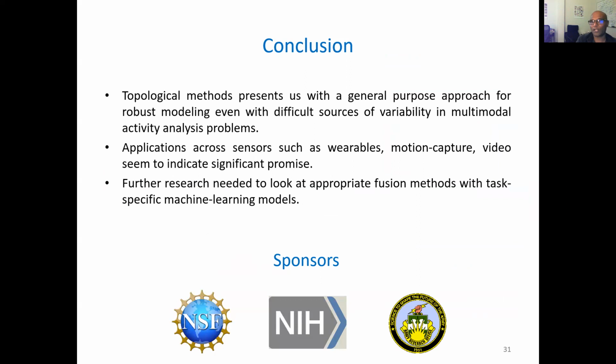So in conclusion, what we are doing is thinking of topological methods as applied to video and human activity as a way to provide robustness to confounding variables like viewpoint changes and measurement variability associated with things like where in the body you attach the sensor. The entry point is to think of human activity as a dynamical process from which these sensors are taking low dimensional observations. Because of that, there is math that tells us that whatever you can get through such a framing is a topologically equivalent version of the true state space, and therefore topological methods are a natural candidate.